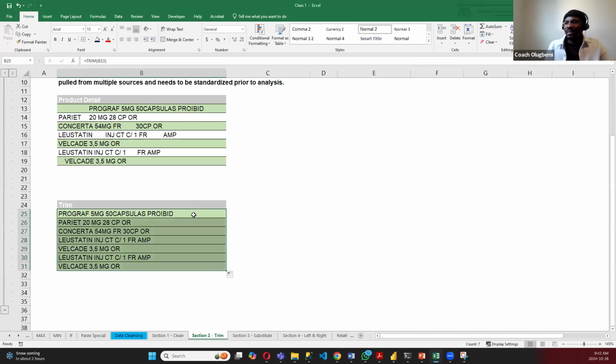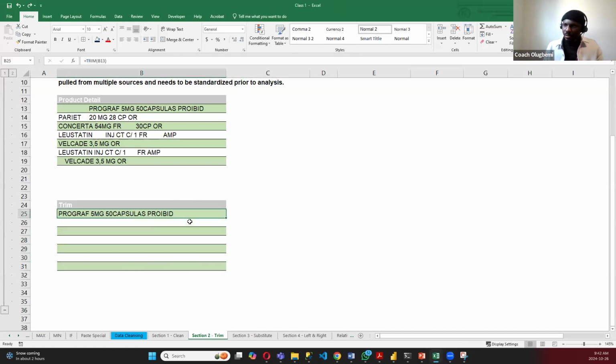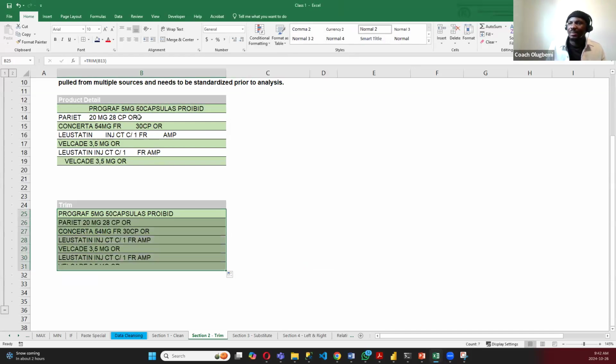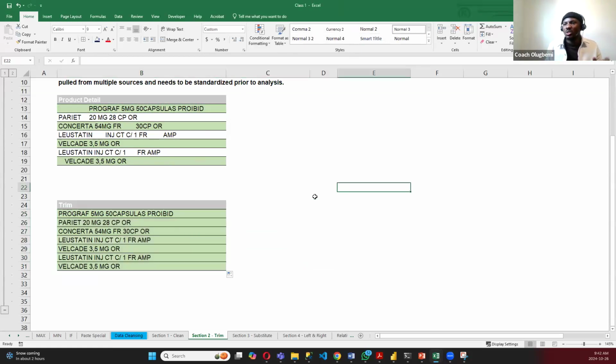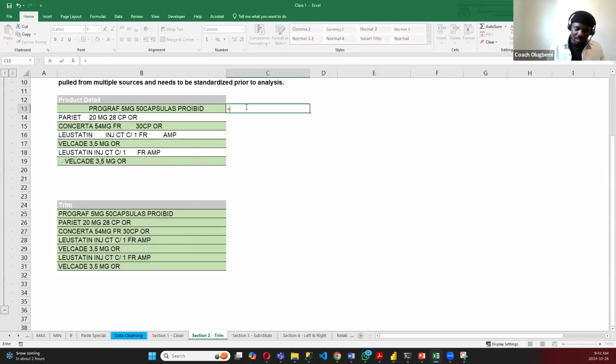Yeah, so you can see, let me quickly do that again. The name of the formula is trim, equal to T-R-I-M, trim, right? And you select what you want to trim, close the brackets, just the same way we selected for clean, press enter, then you can drag it down. It's going to apply the same trim for everything you have here. It removes all, even this one that has excess spaces in the middle, changes it to 1. So if we're trying to calculate length here of this one,